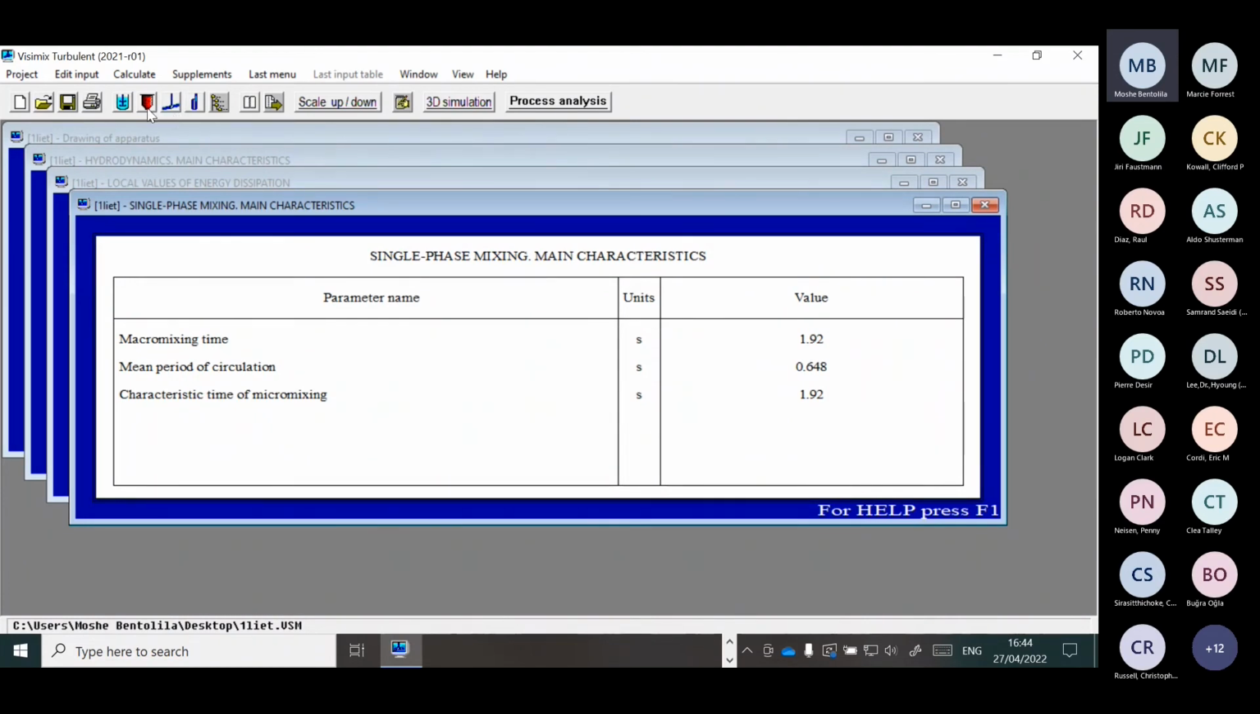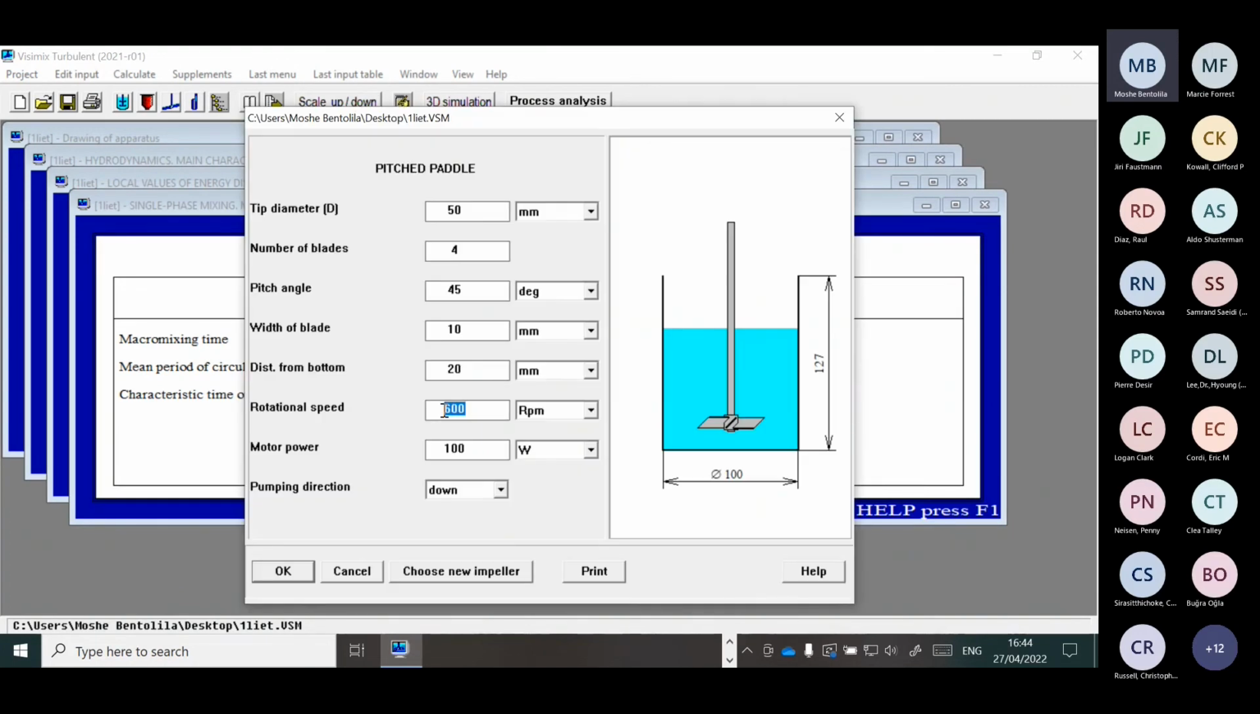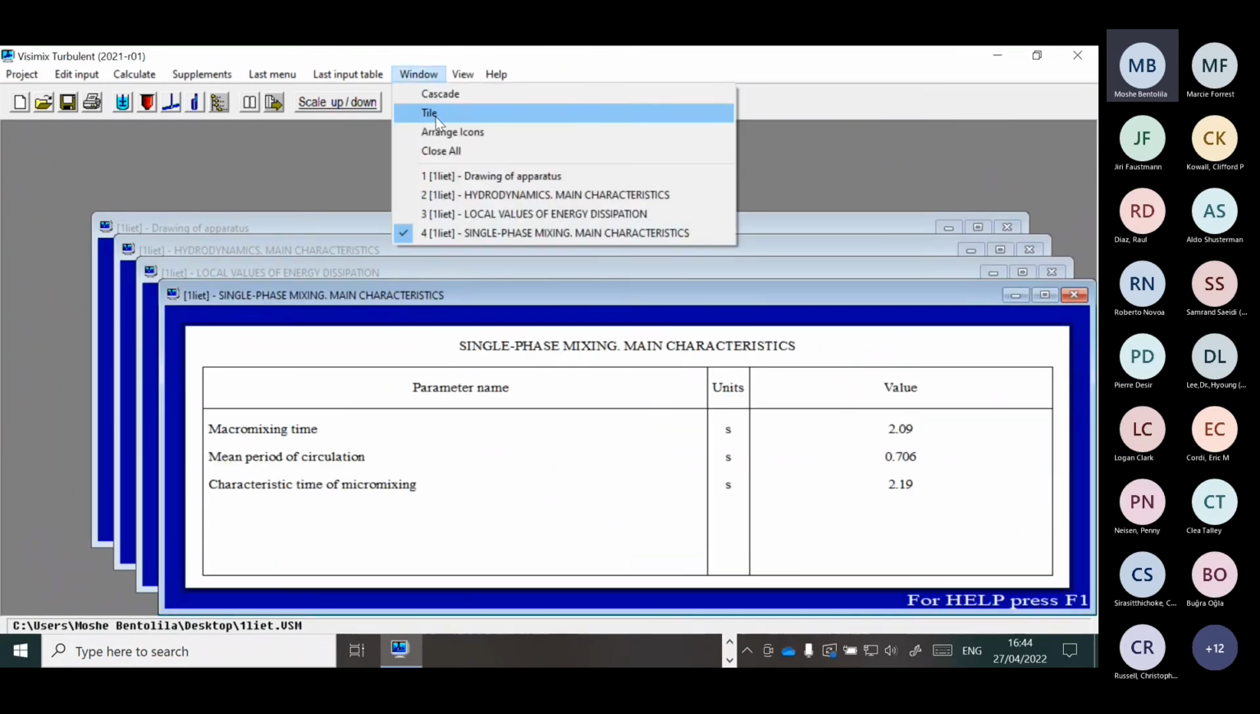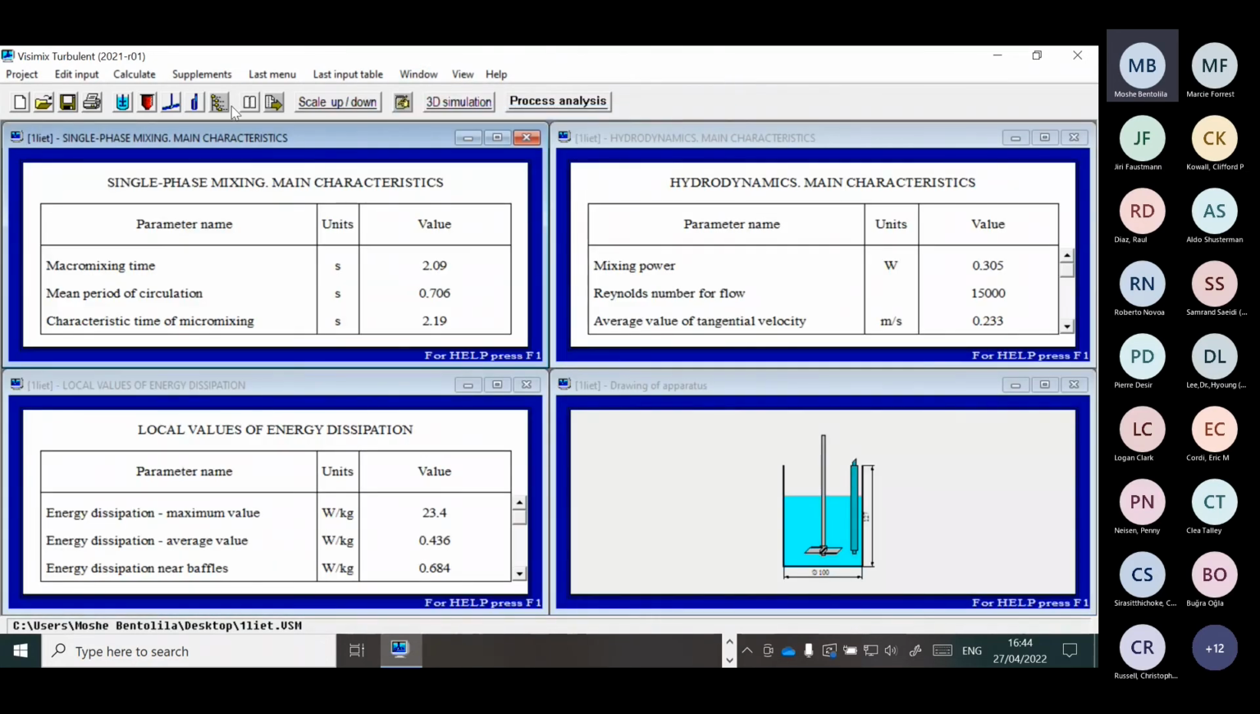If you want to change any parameter, you can come to here and change. For instance, I go to 550. I click OK. You see how fast we change the results. New results we have here. We can